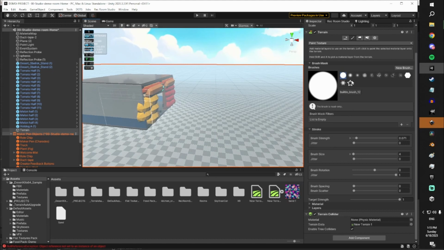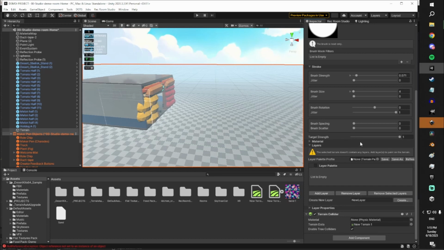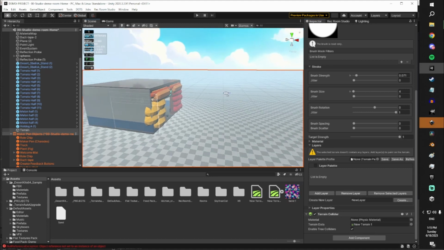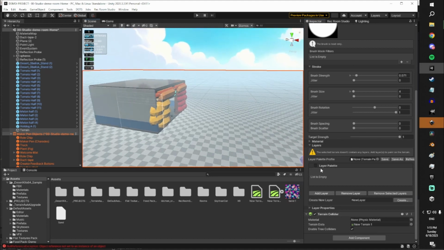We do this from the Layers drop-down, which is at the bottom of the Stroke panel, and is collapsed by default. But if we click this triangle to open it, you'll see we have a little set of layer controls. So in order to actually paint any color on our terrain, we need to create a new layer. We do that using the Create New Layer button down at the bottom here. Now, rather counterintuitively,